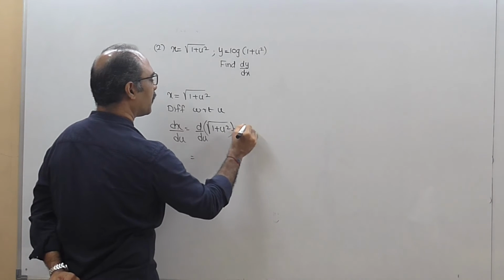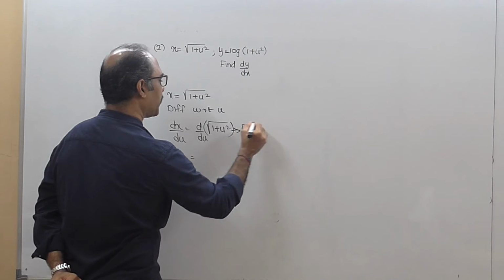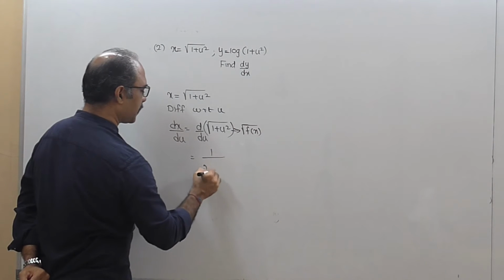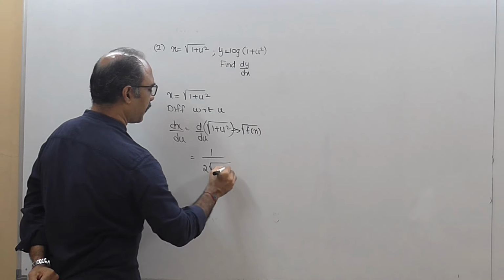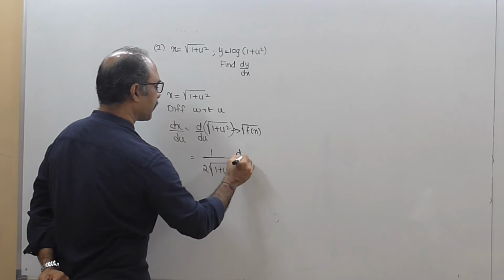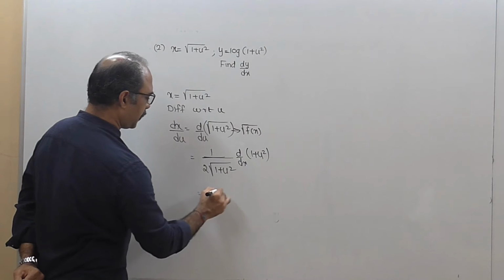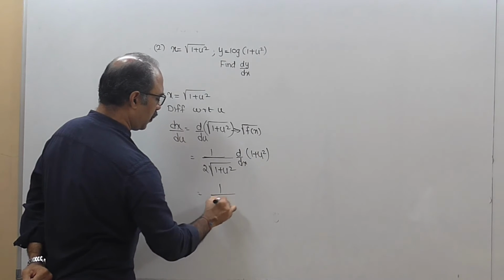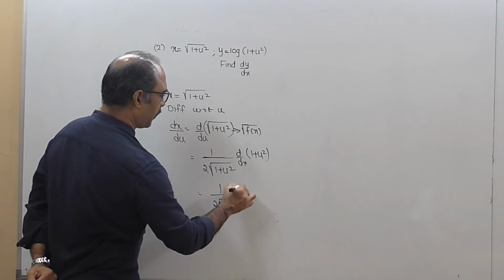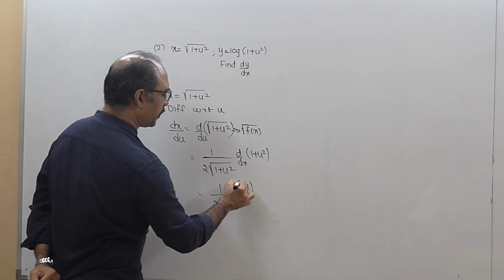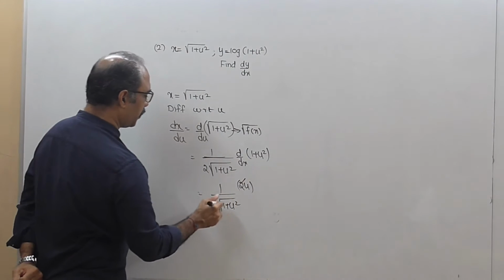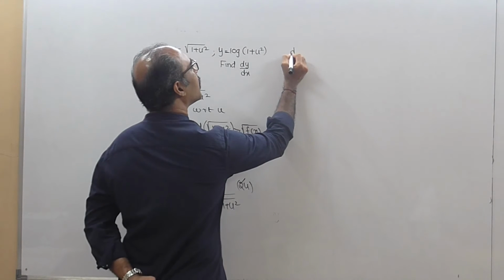This is in the form of root of f of x. Derivative of root of f of x is 1 upon 2 root of f of x, d by dx of f of x. So this is 1 upon 2 root of 1 plus u square. Derivative of 1 is 0, and derivative of u square is 2u. So I think we should get